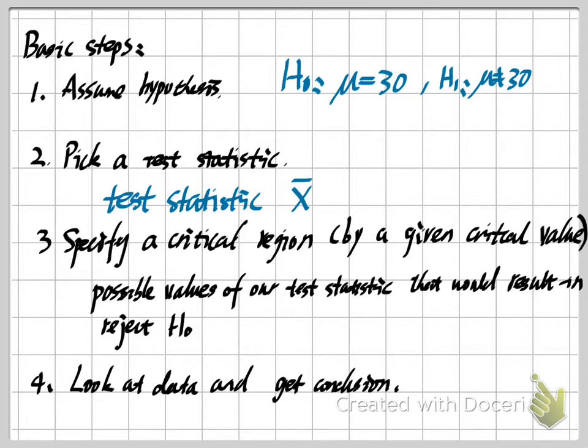However, if our critical value is not that strict, then maybe we can say 5 on the left and 5 on the right of our 30, so 25 to 35 is also a good critical region. So this is based on the accuracy required for our problem. So the last step of this one is